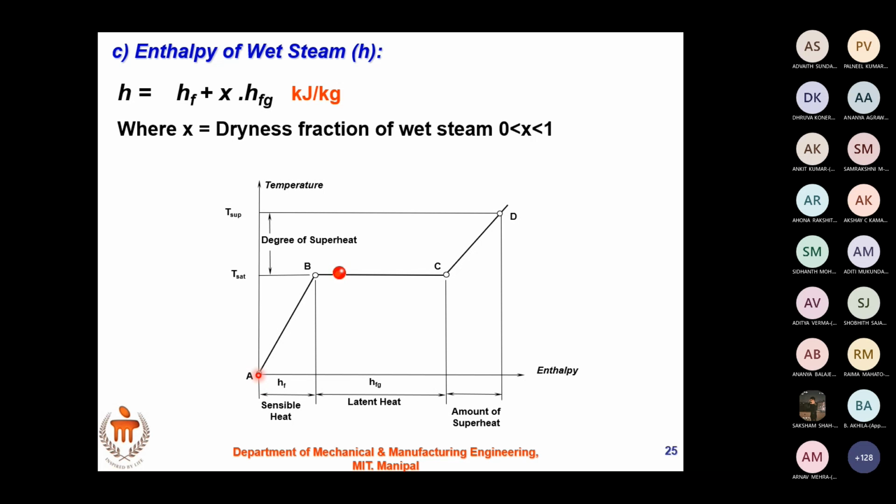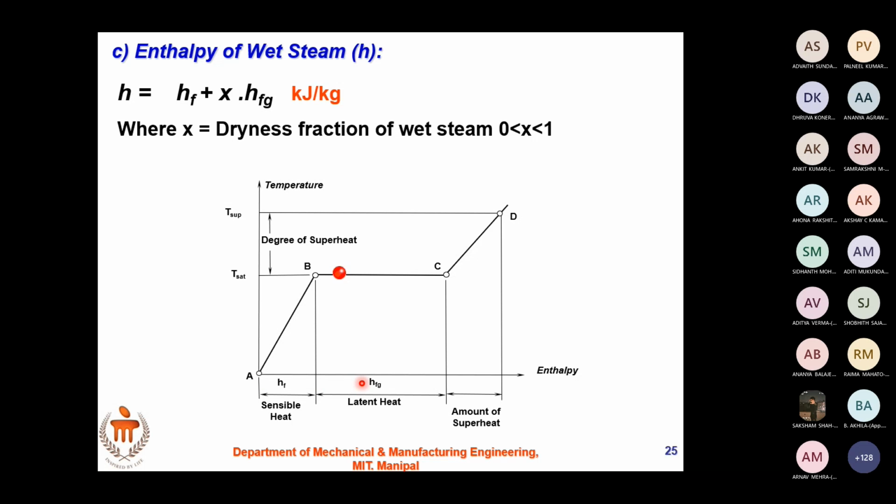So it is the amount of heat required to convert 1 kg of water at 0 degrees Celsius into wet steam of a given quality. Here the quality varies throughout. So wet steam here is of a different quality. So if I have to find the enthalpy of wet steam here at this point which is blinking, it is the amount of heat required to convert 1 kg of water at 0 degrees Celsius into wet steam of a given quality and at constant pressure.